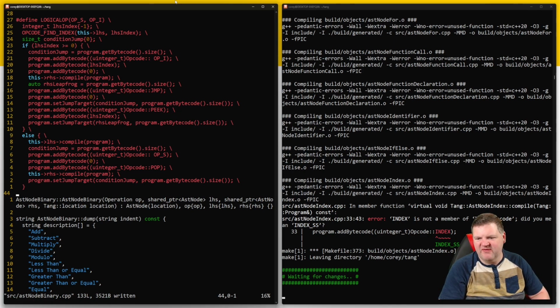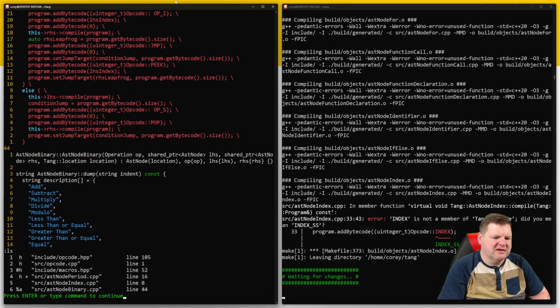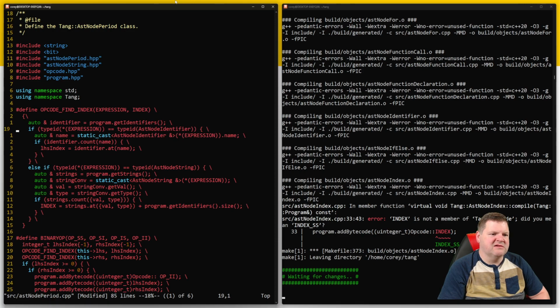Index is not a member of opcode. Oh yeah, because it should be index SS. But we're not there. We're now on